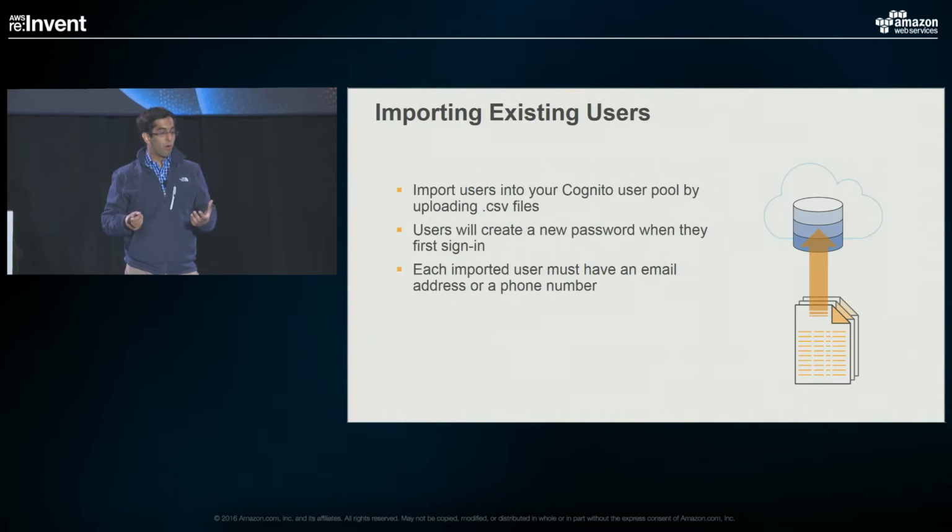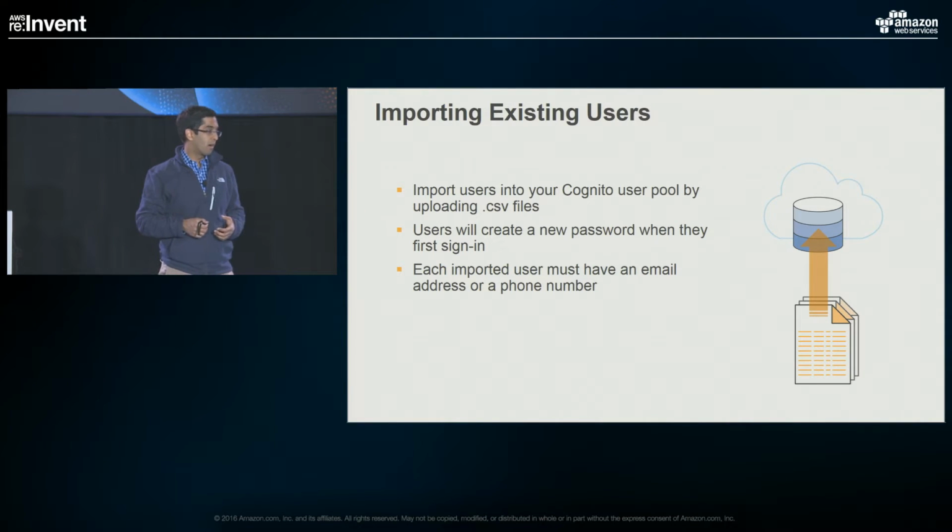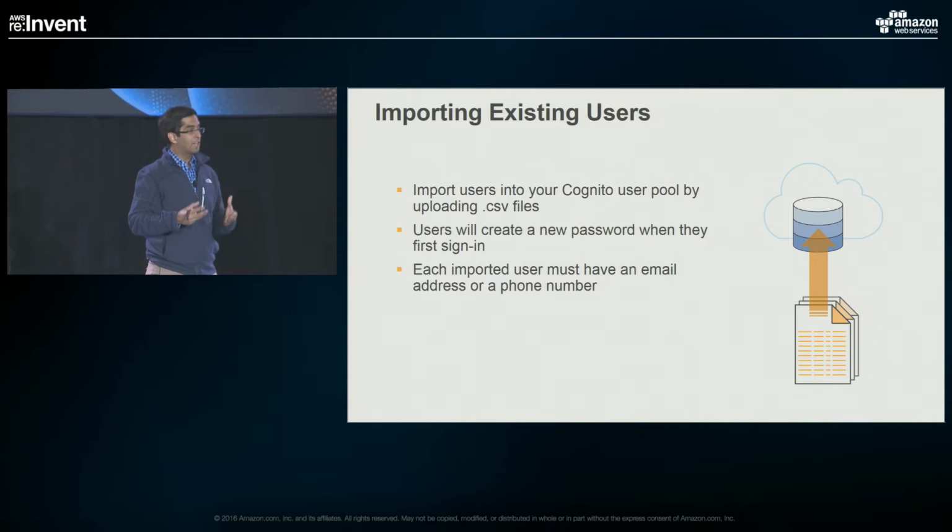So moving on, we also support a feature natively for importing users. There's multiple ways of doing a migration, but this is one that's kind of built into the service. You can do a bulk attribute import for your users, and that involves bringing that to an intermediary format, which is a CSV file, and then you can upload those user attributes into the user pool. We do not handle the passwords in this context, so it does require the user to go through a password reset. We've seen that this works for some customers, but there's obviously multiple ways to migrate that you can implement.